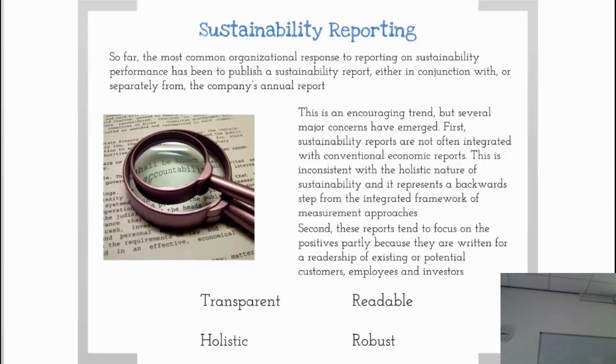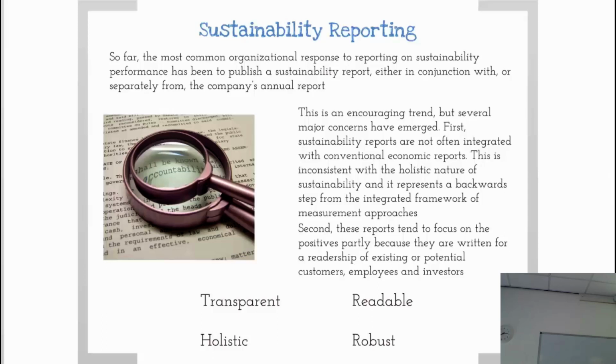We live in what we call the goldfish bowl world now. Everybody's on Facebook and Twitter and LinkedIn and social media. So if you lie or sweep something under the carpet in your report, you are going to get found out by somebody somewhere down the line and you'll be in trouble for it. So the best reports are transparent. Okay, we didn't achieve this. However, what we've learned from it is that next time we will do it this way.